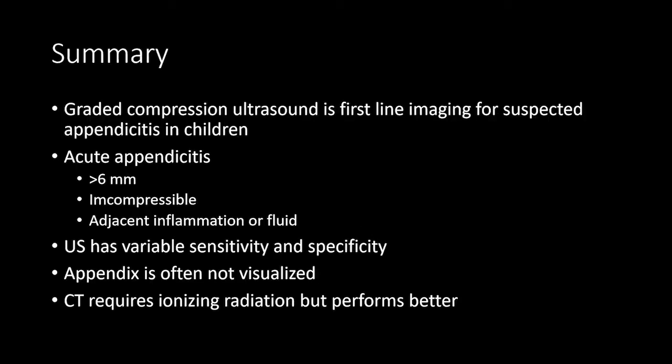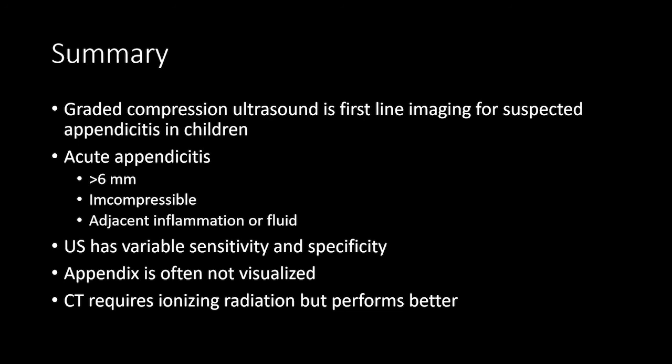In summary, we're going to use graded compression ultrasound for first-line imaging of suspected appendicitis in children. In some cases, we will also use graded compression ultrasound as a first-line imaging modality for suspected appendicitis in pregnant women, although MRI is really starting to take over that role in pregnant women. Acute appendicitis can be diagnosed by an appendix greater than 6 millimeters that is incompressible and has adjacent inflammation or fluid. Ultrasound has this variable sensitivity and specificity due to inter-user variability and the need for a highly skilled, experienced